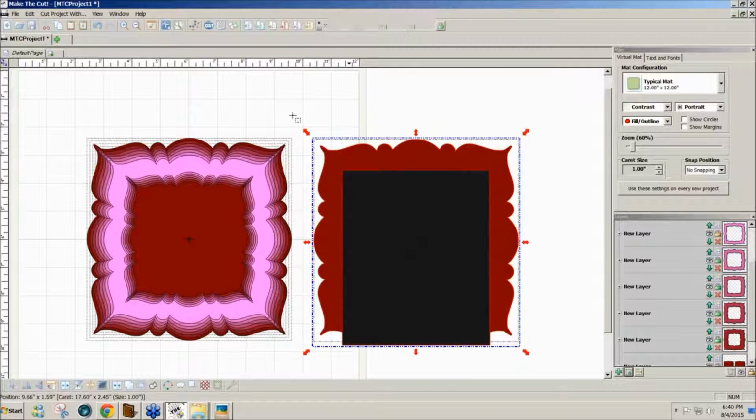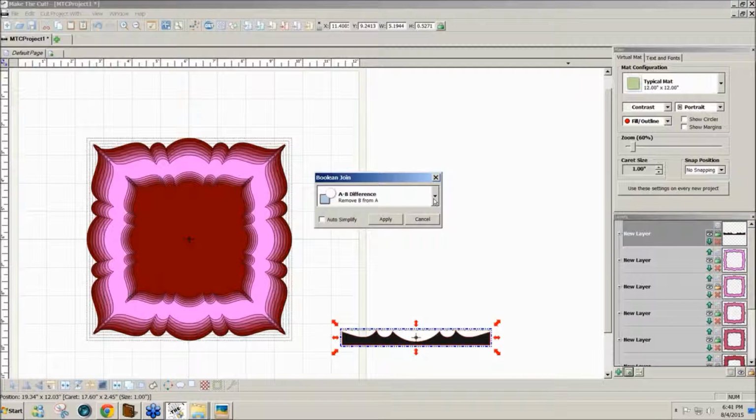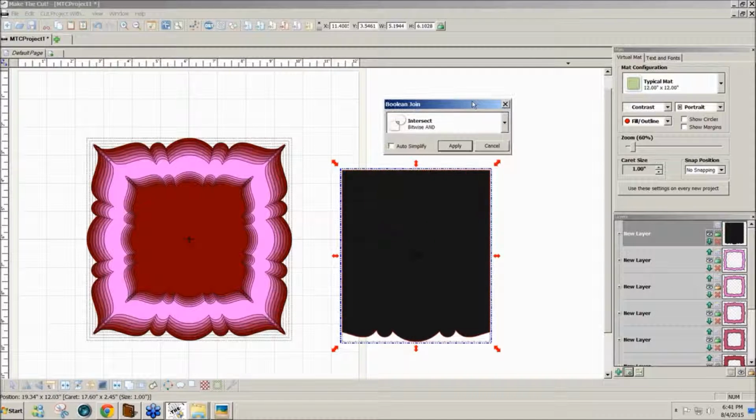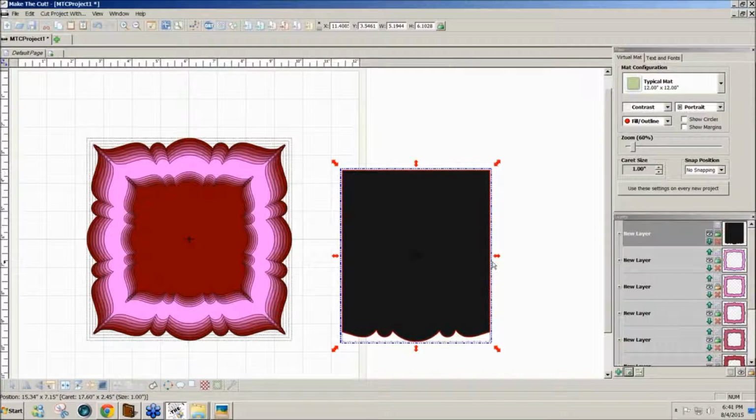And with both selected, I'm going to go to Boolean join and use the down arrow to take me to intersect. And this gives me a backing piece that's mostly straight, which when I cut chipboard I really don't like